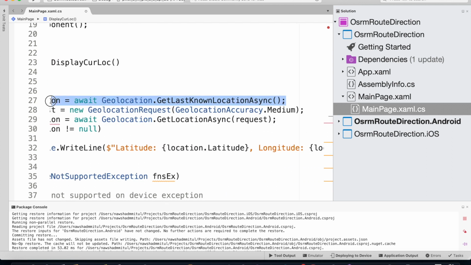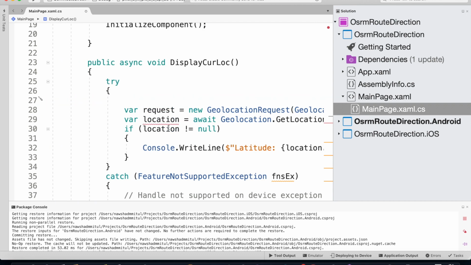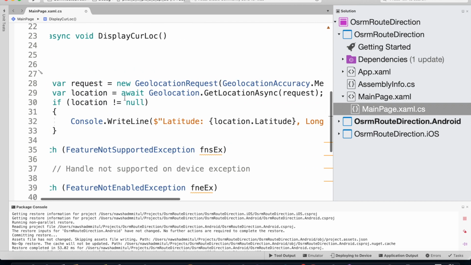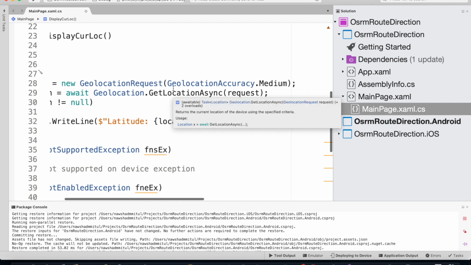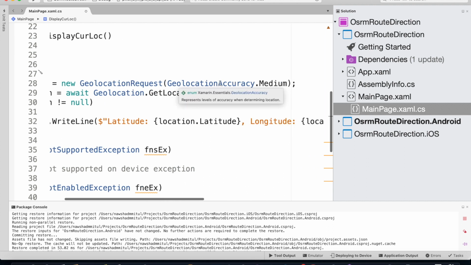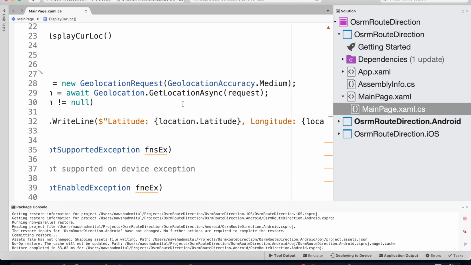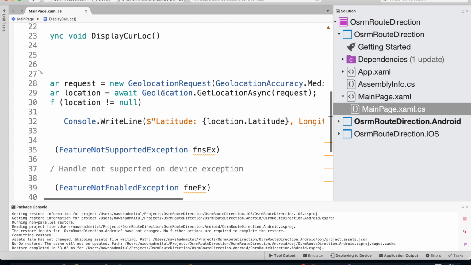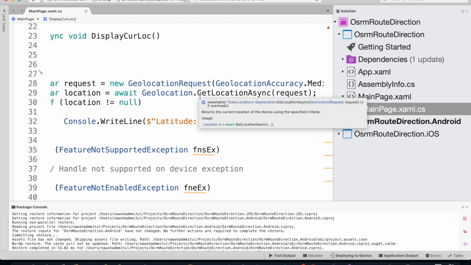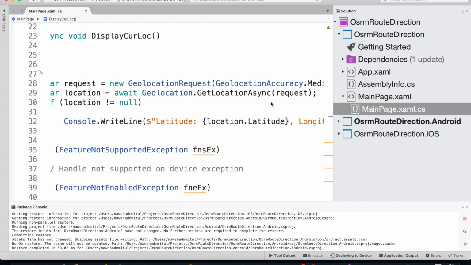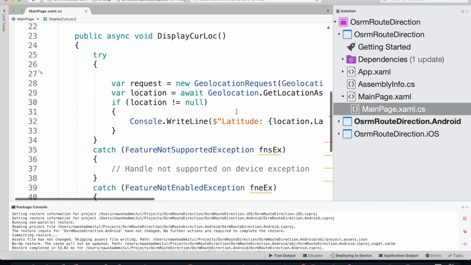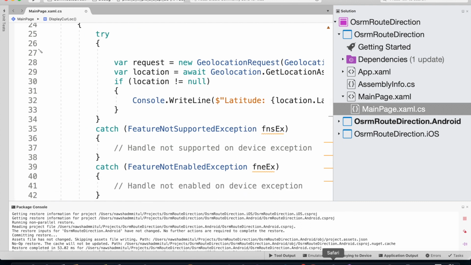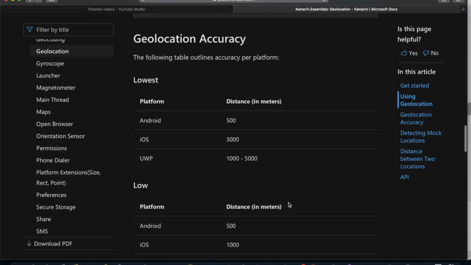So this time we are sending a geolocation request, and I pass in the parameter GeolocationAccuracy.Medium. And for the location, we say var location equal to await Geolocation.GetLocationAsync, and we pass the request parameter. Just to give you a quick detail on what this medium accuracy means. So, geolocation accuracy,